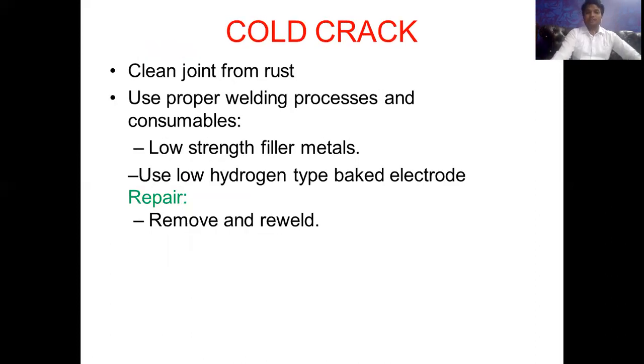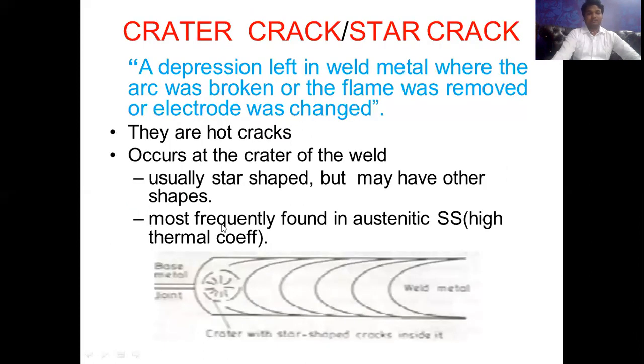Clean joint from rust. Rust has to be avoided. Use proper welding process and consumables. Low strength filler material has to be used. Use low hydrogen type baked electrodes. The repair for cold cracks is to remove and re-weld the two metal pieces. Another is the crater crack or the star crack, a depression left in the weld metal where